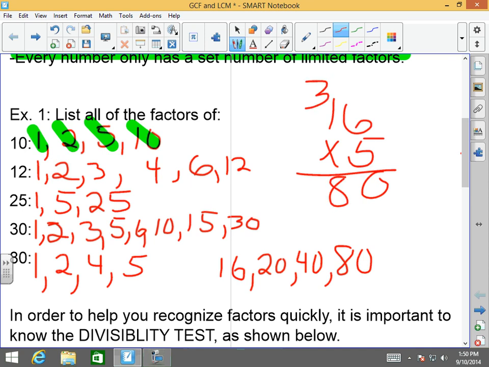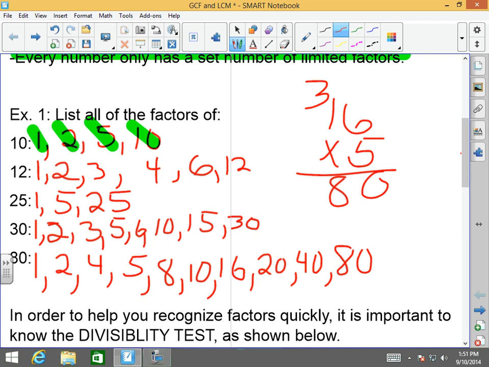Does 6 go into 80? No. Does 7 go into 80? No. Does 8 go into 80? Yes. 8 times what? Very excellent. Does 9 go into 80? Does 10 go into 80? Yes, but we have it already. So that is how you list factors. Okay? Now,